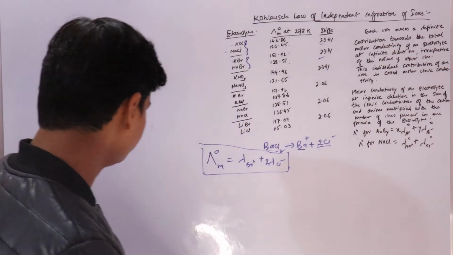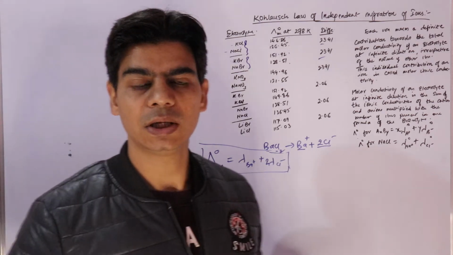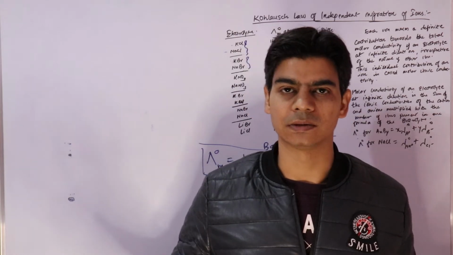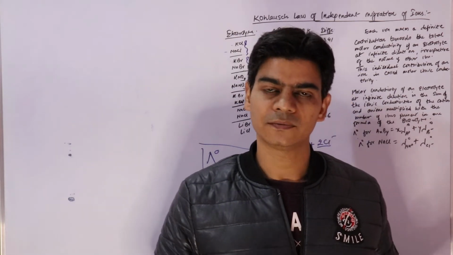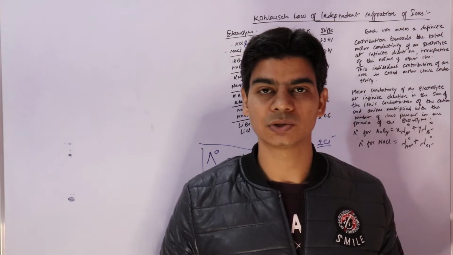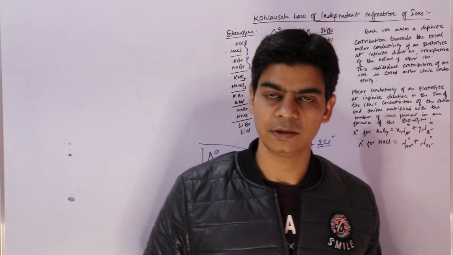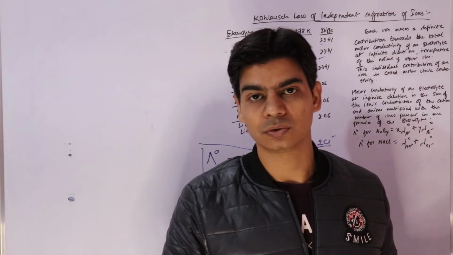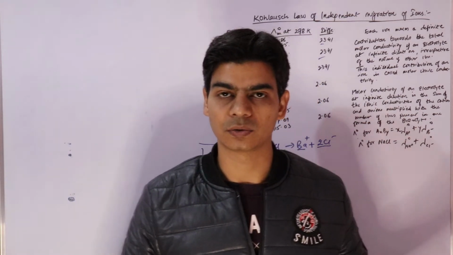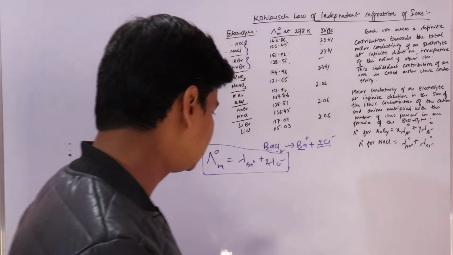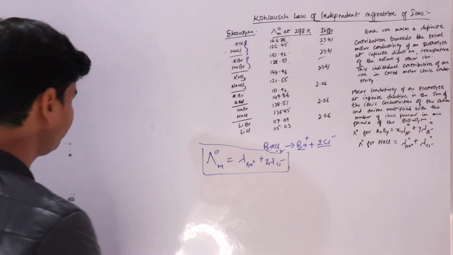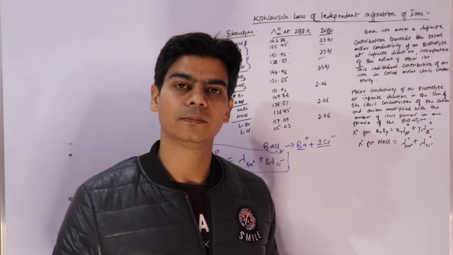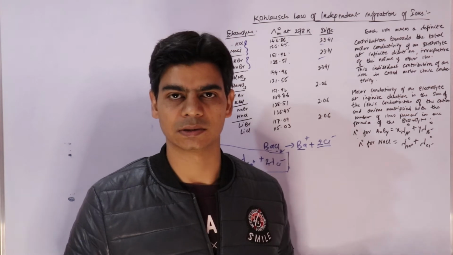Let's understand how. In the previous video lecture, we already understood how molar conductance varies with concentration, and we studied a graph based on the Debye-Huckel-Onsager equation, where we calculated the molar conductance at infinite dilution or at zero concentration for strong electrolytes. Now let's recall that concept again. We'll understand how conductivity varies as the dilution increases.